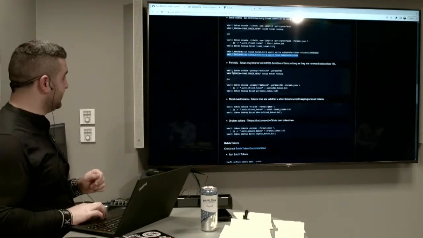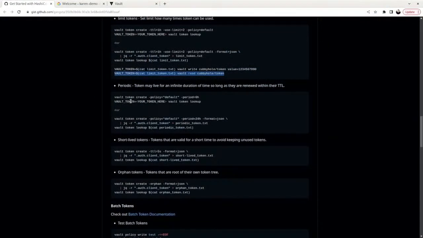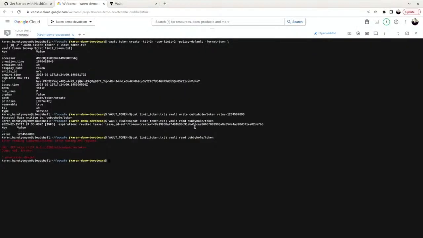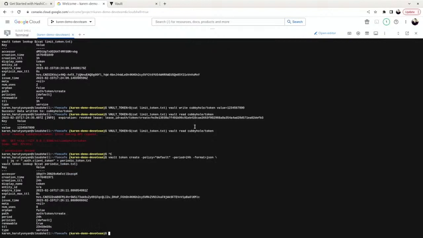Okay, the next one will be the periodic token. So instead of using it for limited time, maybe I want to use it unlimited time as far as it's refreshing. So if I refresh my token, that's what I also want to see. So let's go. So that's how I create. And as you can see, there is a difference between them.